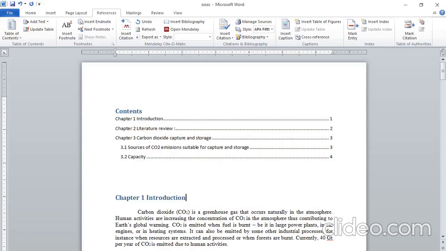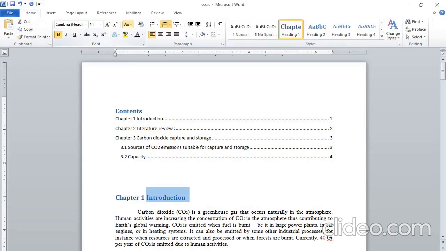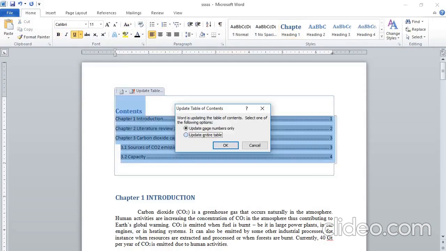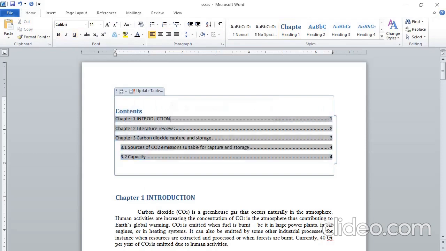You can see chapter 1 introduction with page number 1, chapter 2 literature review, page number 2, chapter 3 with the name of that chapter, and page number 3. So it is showing you the page numbers.